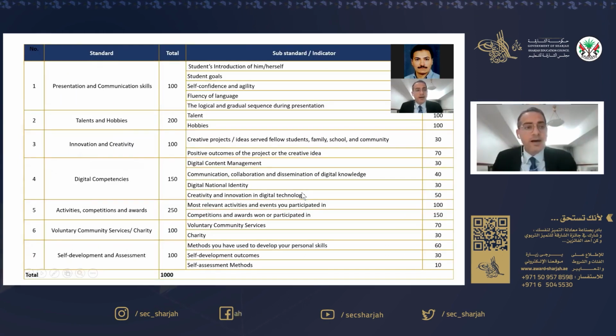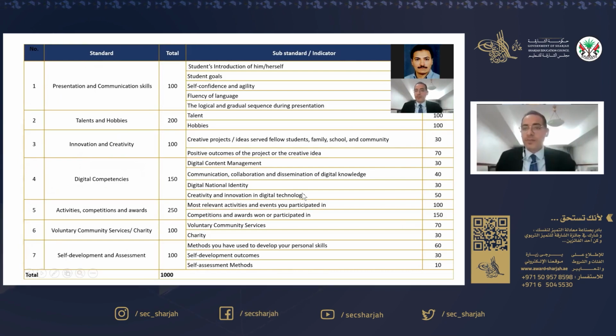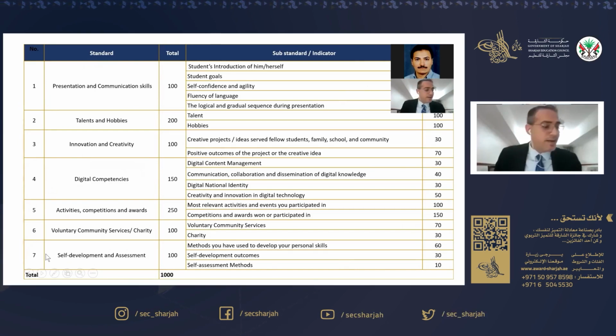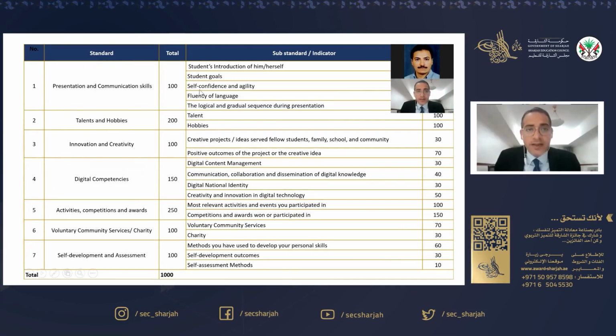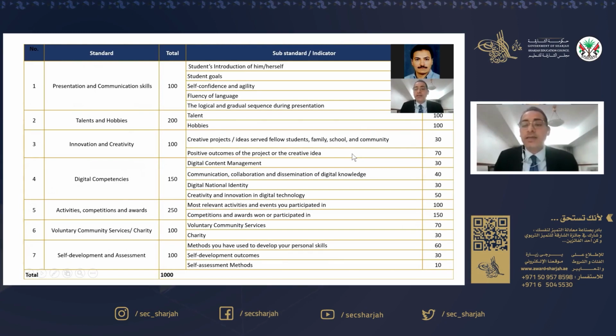Now, these are the 7 standards. You see them. 1, 2, 3, 4, 5, 6, 7, right? As you see, each standard has indicators, 4 or 5 indicators. So for example, let's take standard number 1, which is presentation and communication skills.